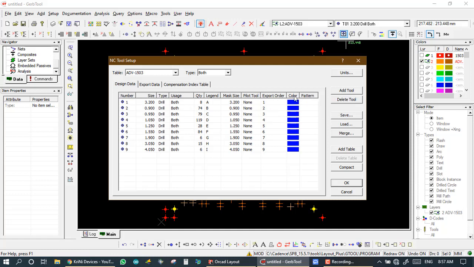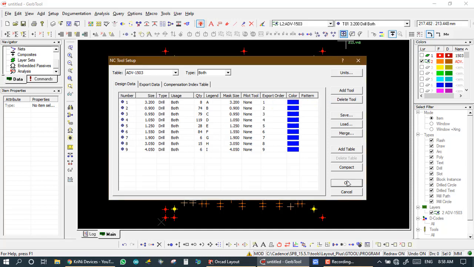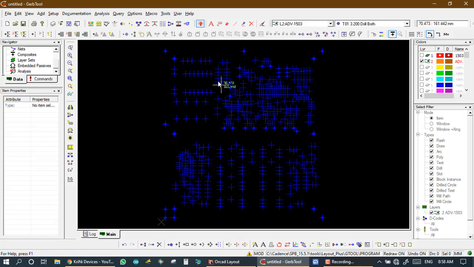First right click and set all tools and set your color. So I have set blue color for all. So now all NC layers are in blue color, and now I am on the Gerber layer.